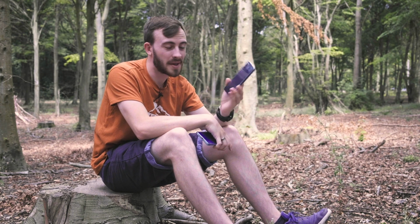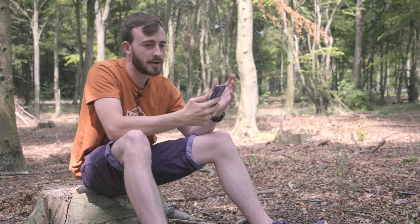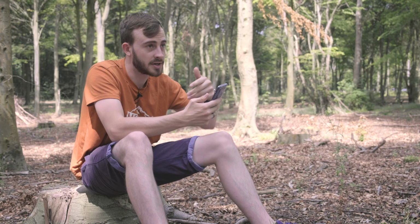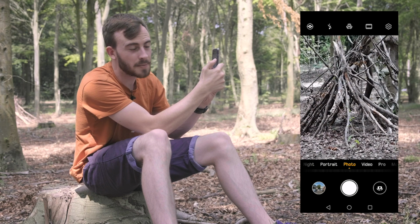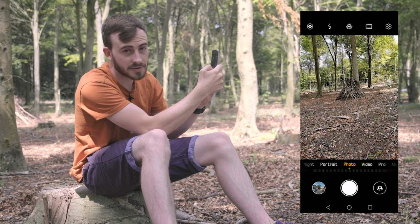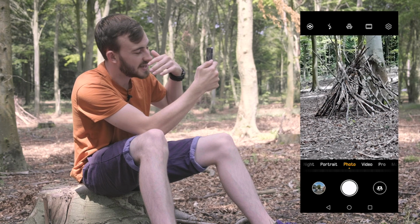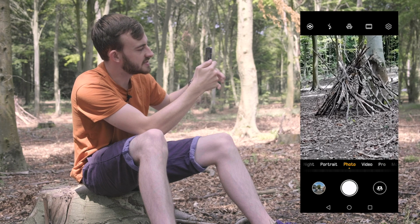It's the next step up and it could save you a few pennies. So when it comes to the zoom features, going from 1x to 5x is a bit excessive. For example, if I use the P30 Pro because it does have 5x, if I tap on that, that's quite a big difference. Let's just go back to 1 again. 5x. There's no middle ground with the P30 Pro, but this one is 3x, which is a nice in-the-middle option, still using the camera, using its full capabilities, but it's not going